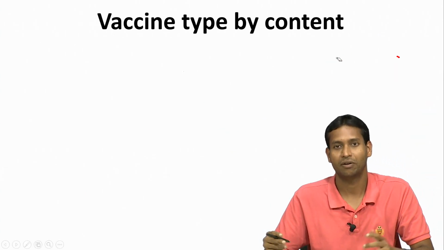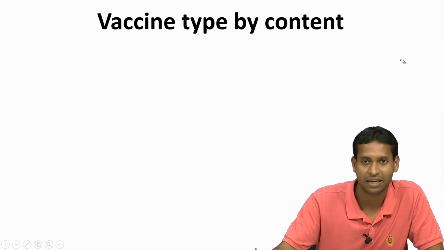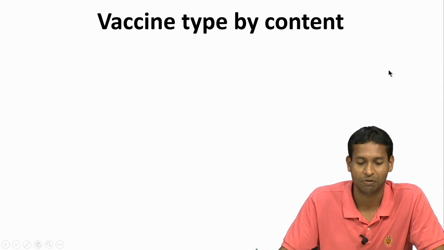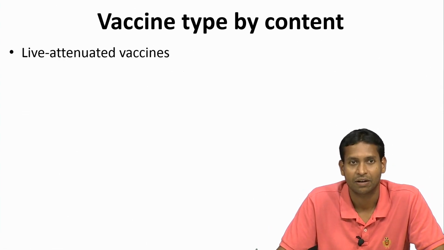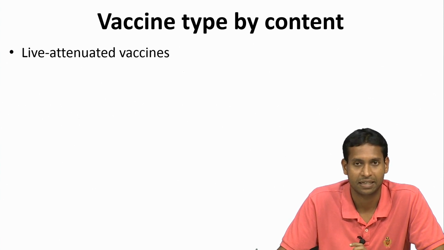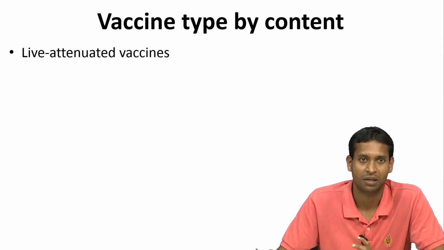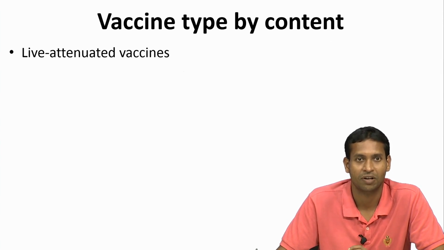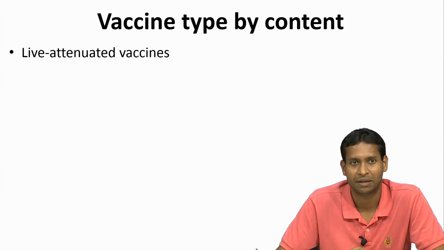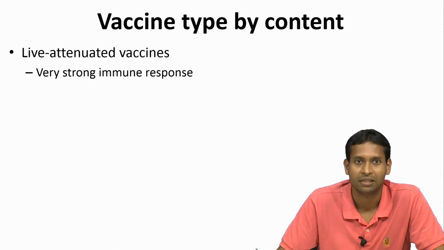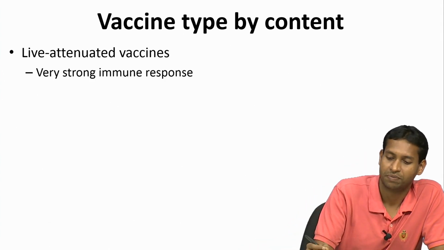So, vaccines can be divided on the basis of their content. We have previously seen they can be divided on the basis of the timing. So, let us see what content means here. We can use a live attenuated vaccine. Let us say you are trying to develop a vaccine against polio virus, you can take a polio virus and somehow attenuate it, which basically means you somehow decrease its efficiency or virulence, and that could be done either by heating or by treating it with some reagents that may cause it to be slightly more subdued than what it normally is in nature. So, these generate a very strong immune response,